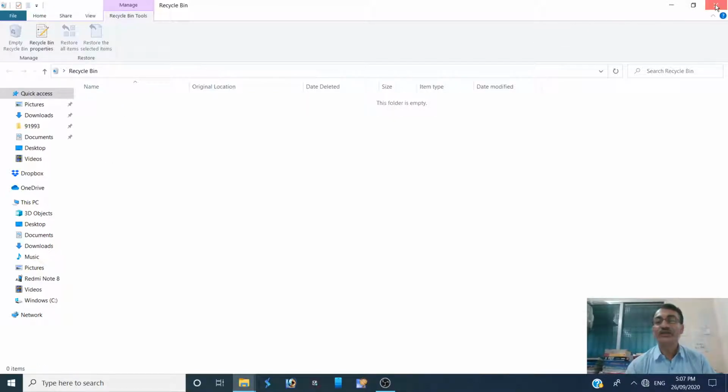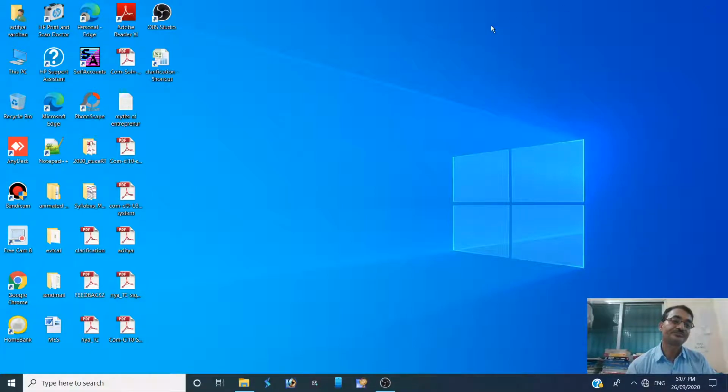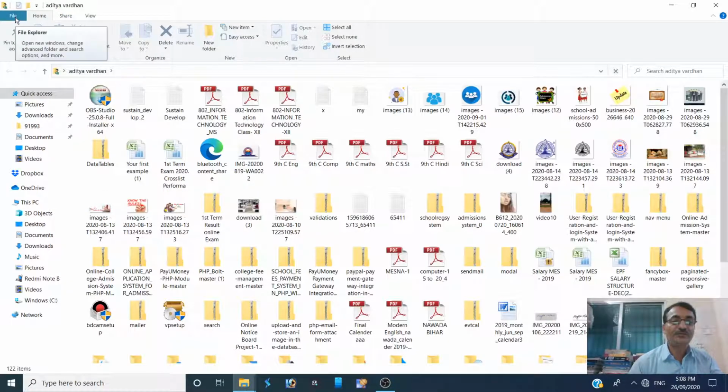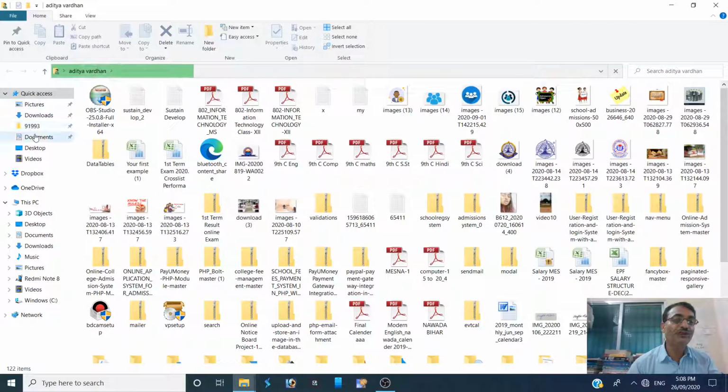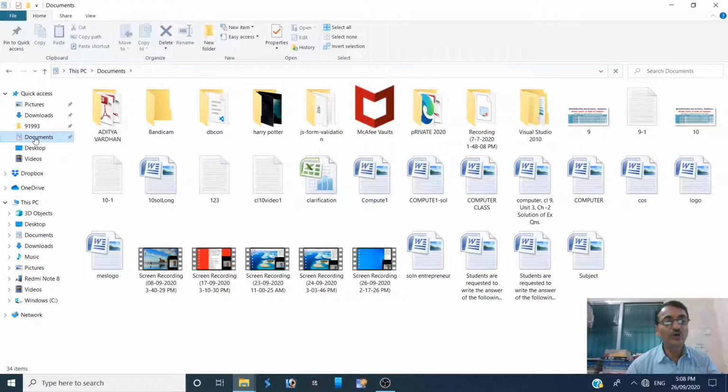So this is a very important option. The recycle bin is very important to us while working in the Windows operating system. If we have deleted the shortcut, it will not have any effect on the real file. The file for which the shortcut icon was created on the desktop is still present at the very location where it was, in the document folder.